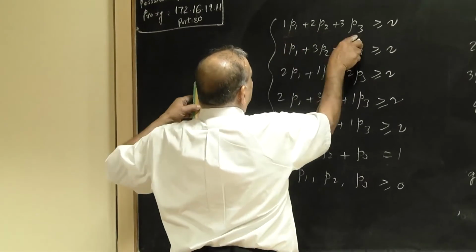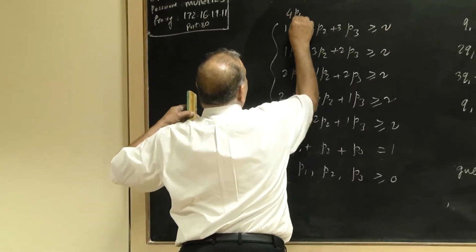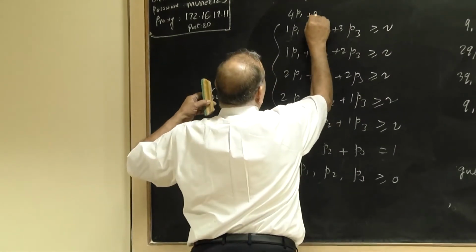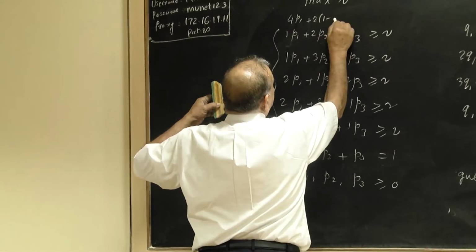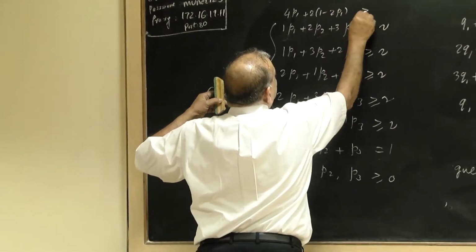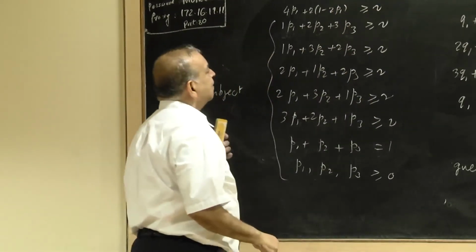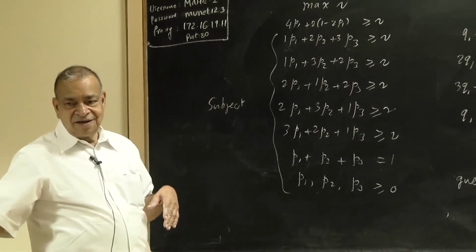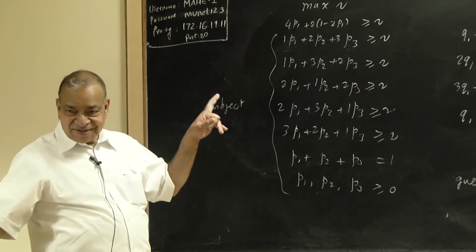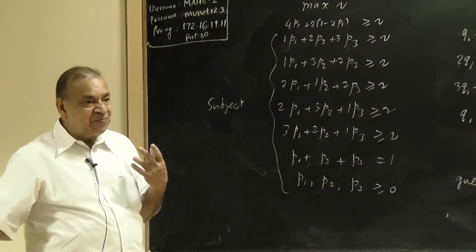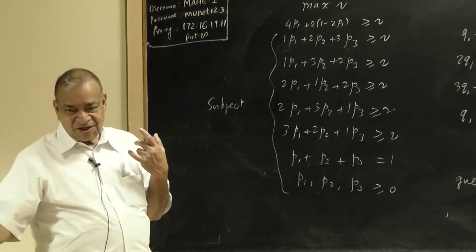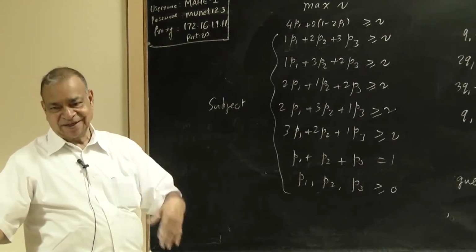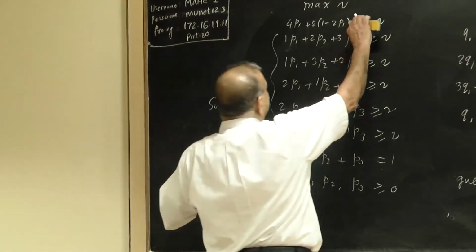What is this one? 4P1. 2P2. This is 2 times 1 minus 2P1, is greater than or equal to V. So from this what do I get? V is less than or equal to 2. So that means on the average you won't make more than 2 trials. That's the message which you get. Okay. So this gives you